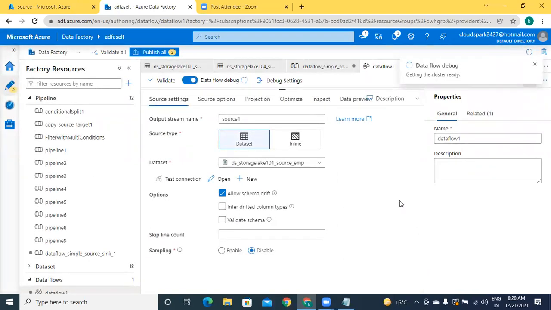This debug mode enables a Spark cluster during execution, a Databricks cluster during execution. That's why it may take a few seconds or a few minutes. Please wait, it is going on.